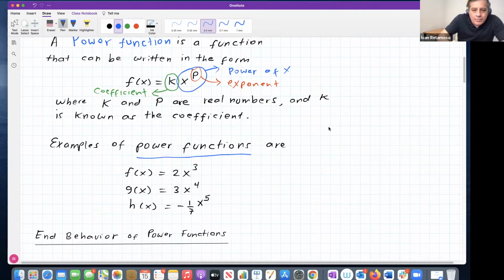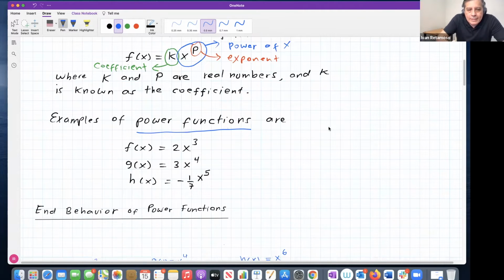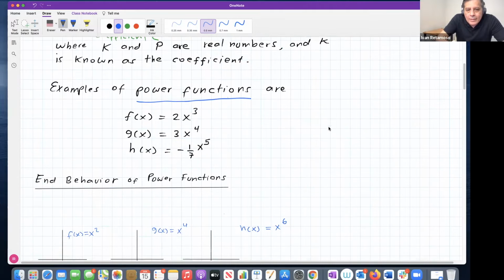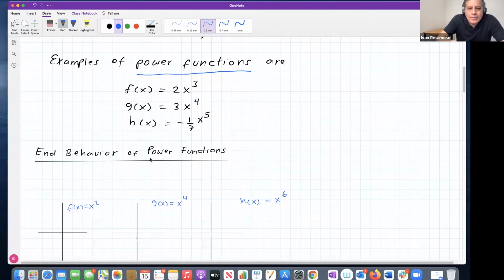We're talking about power functions. Now, when you graph these power functions, there is this behavior which mathematicians call end behavior of a power function, right? End behavior of a power function. So what is that? It has to do with the way the function behaves for big values of x on the right or on the left. But first, let's just classify or put these power functions in two groups. First group,